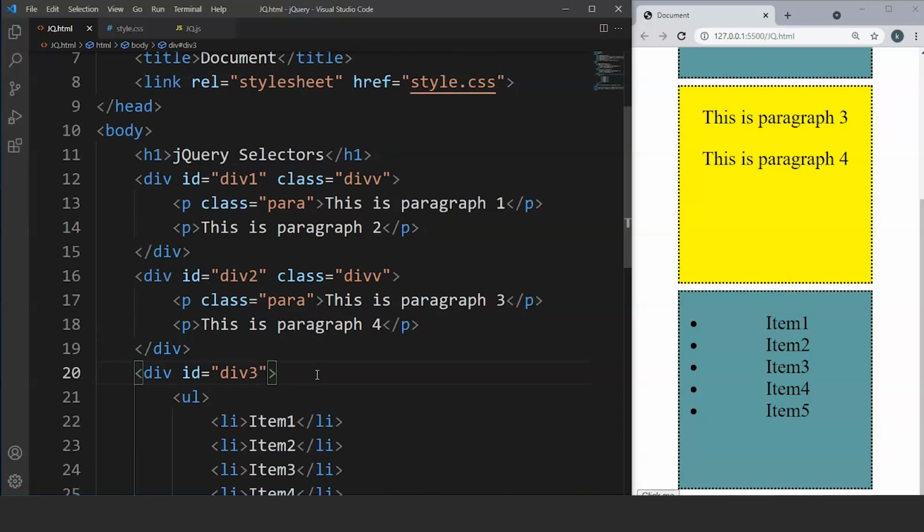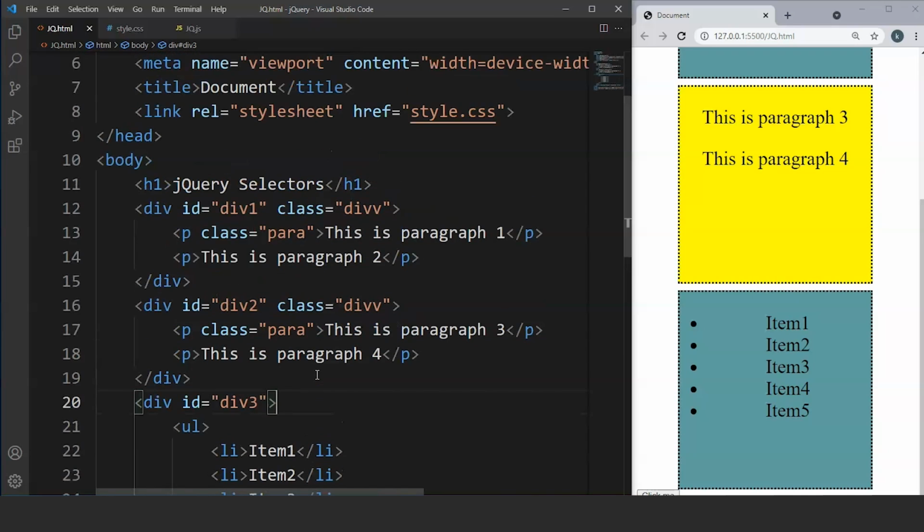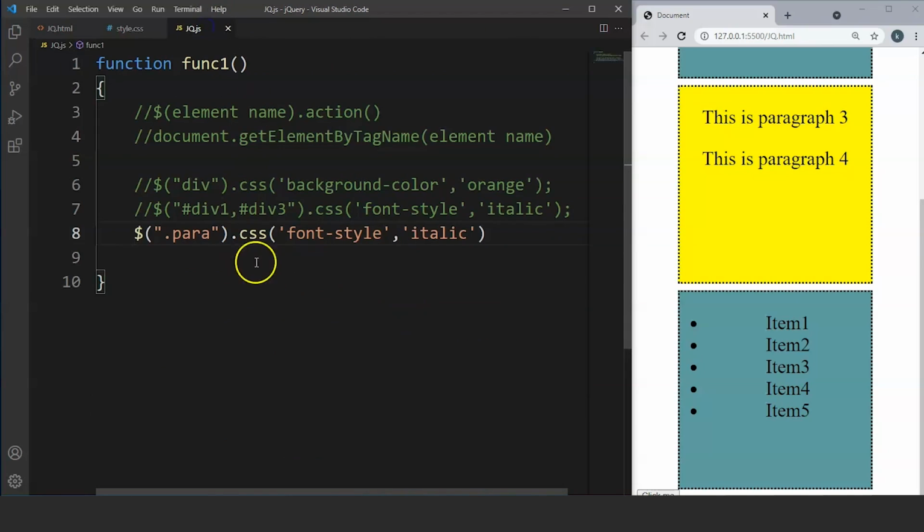So in that case, we can't use the element name to do so because if we use the element name for making changes, then those changes will be visible in all the three containers. We can use the class name, but we have used the same class for div1 and div2, so it's impossible. What we can do here is we can use the ID attribute because we have unique IDs for both the div tags for div1 and div3. Now jQuery allows us to make the same changes in one or more elements using the ID attribute only. So the task is simple. What we have to do is we have to go to a JavaScript file or jQuery file we can say.